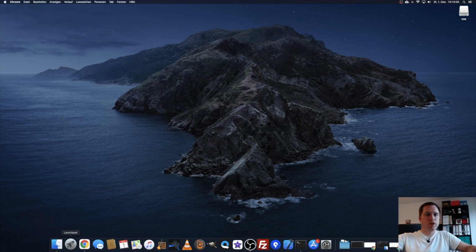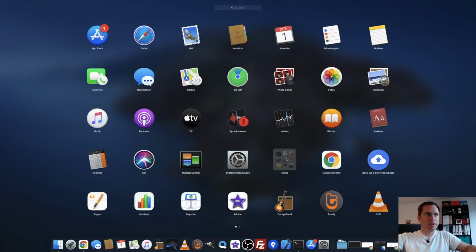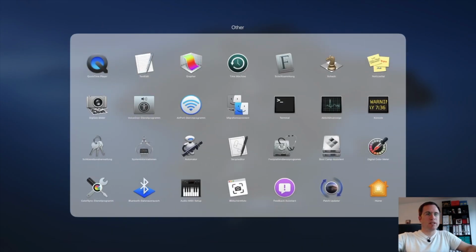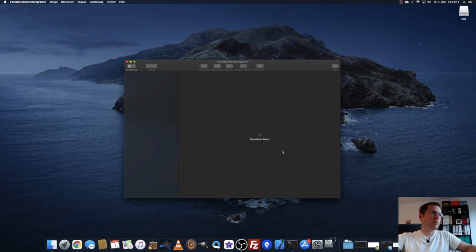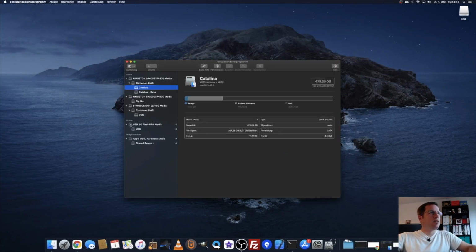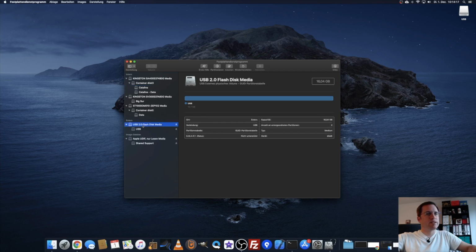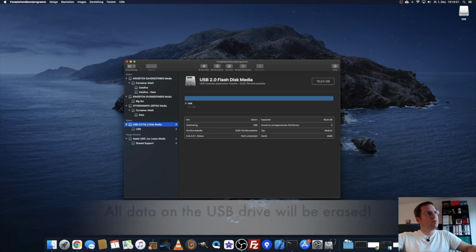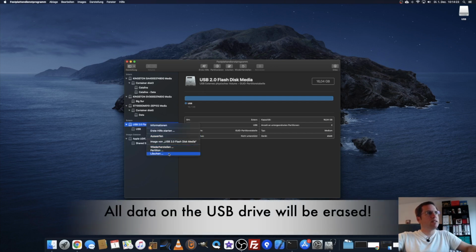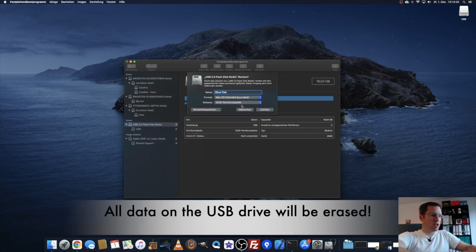You just go to the Launchpad, Other, and you start the Disk Utility tool, and down here you see external drives, and that is the USB flash drive media. We just click on it and say Erase, and we call it USB. That makes it easier for the terminal commands afterwards.